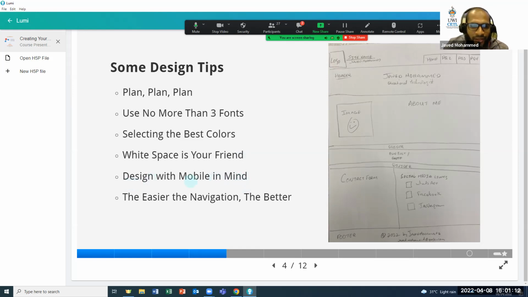One of the good things with Google Sites is that you'll be able to quickly preview, doing some rapid prototyping basically, by quickly previewing your development or your page and selecting a phone view, a tablet view, or a desktop view. And also pay attention to how you want your viewer to navigate between pages.